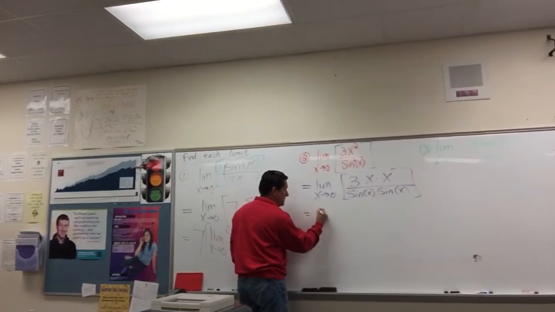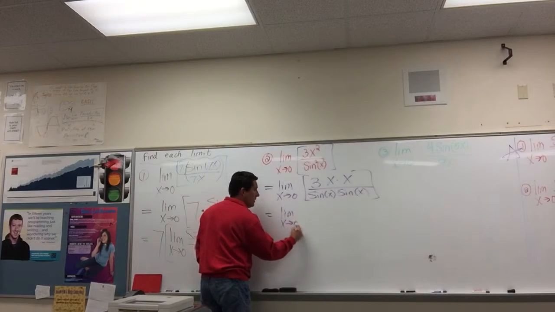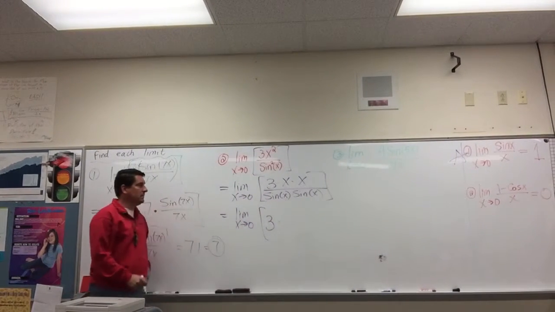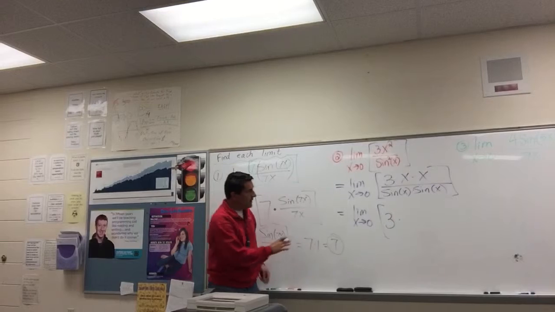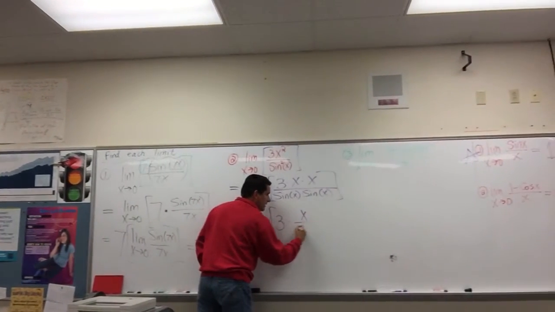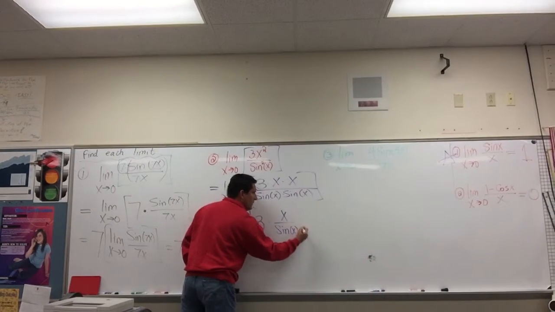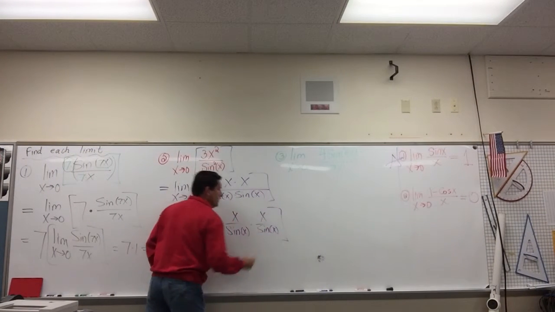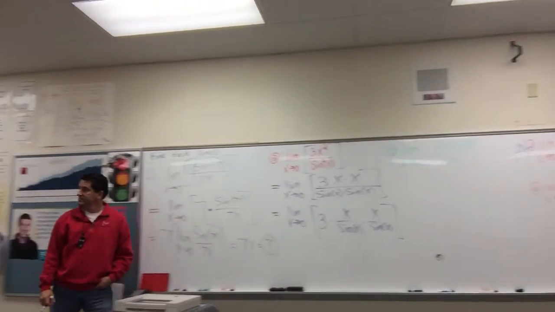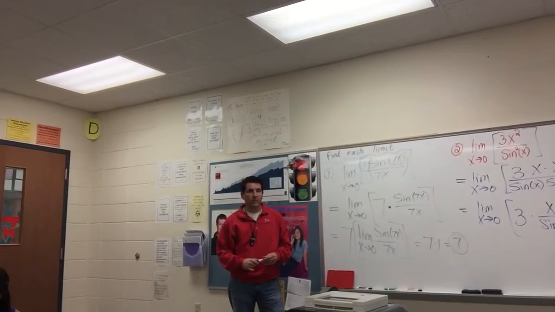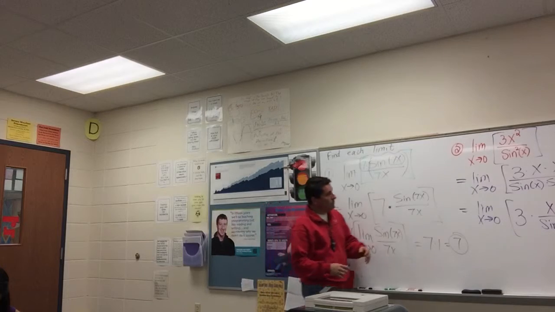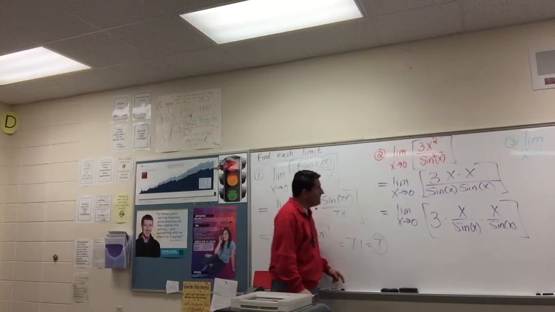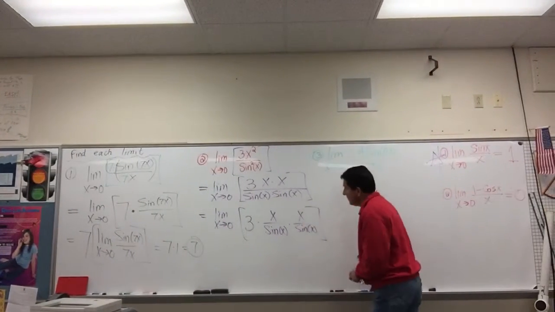Well, I would look at this and say, limit as x approaches 0. The 3, I can write that as 3 over 1, because I'm looking at the rest of this and I spy x over the sine of x. And I see x over the sine of x. You see that? So if we filter it out, sift through and break it apart into things that matter,